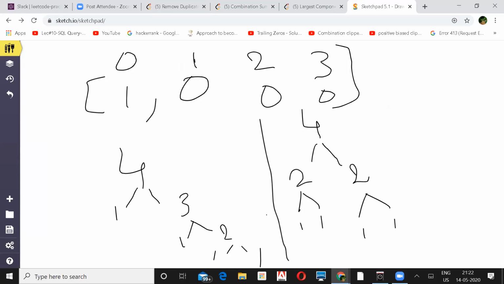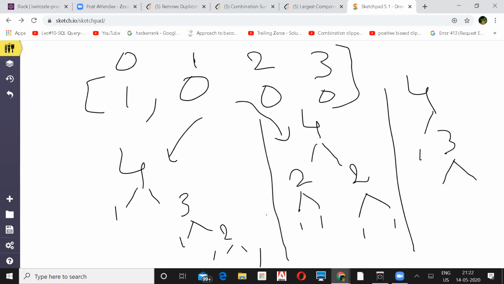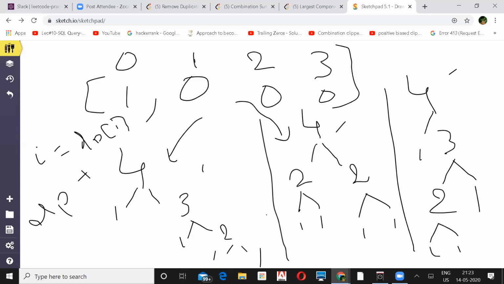Yeah. So this is corresponding to 1, this is corresponding to 2, and this is corresponding to 3. 1 3, and they are also selling 3 and 1. Both are different. Yeah, and this is 2 1. Again, you'll have 1 1 for this. So whatever ways you get from here and from here, just add. So what is the value we put in the index 1? Is it 4? For like, I have used DP: DP of I will be equal to number of ways of getting this I plus number of ways of getting DP of I minus num.